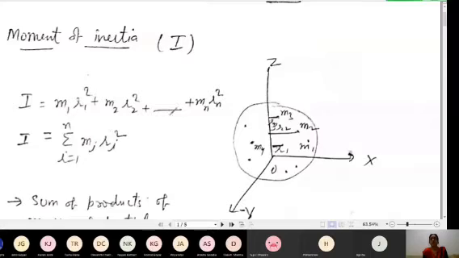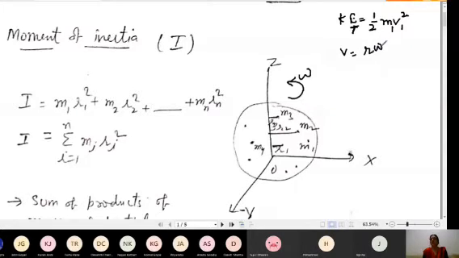If I want to go into detail, I can find this using the kinetic energy of rotation, when the body rotates with angular speed omega. The kinetic energy in linear, that is translational, motion equals 1 by 2 mv square. If I take each particle moving with velocity v1, v2, v3, for example the first particle, it will be 1 by 2 m1 v1 square, and v equals r omega.